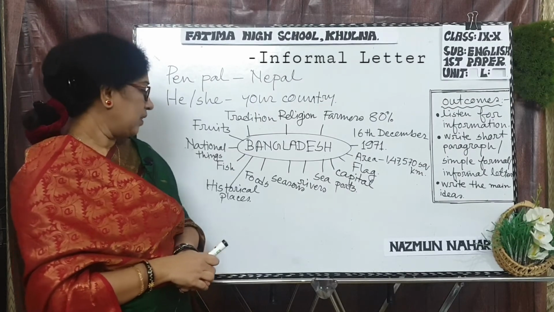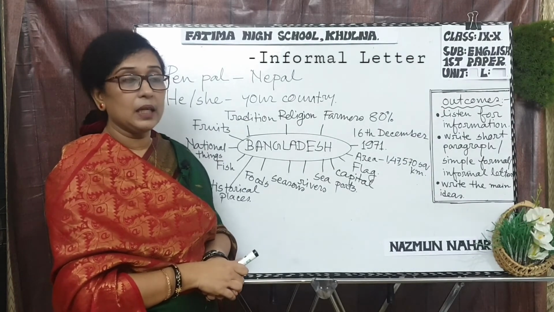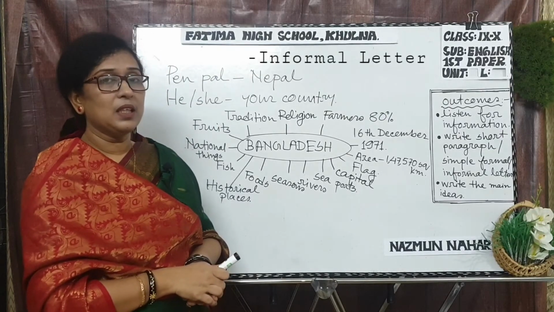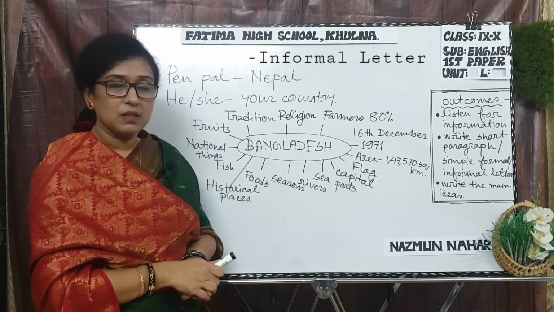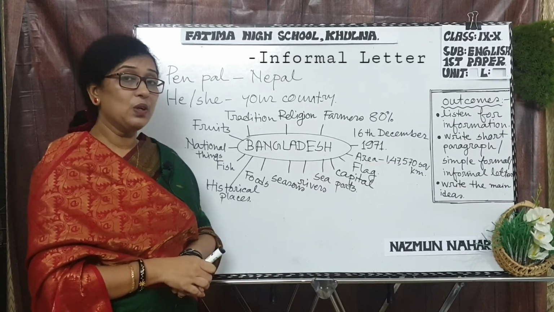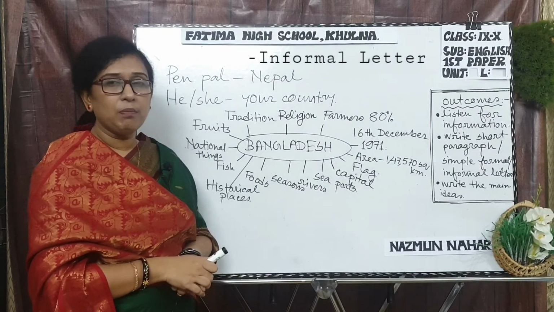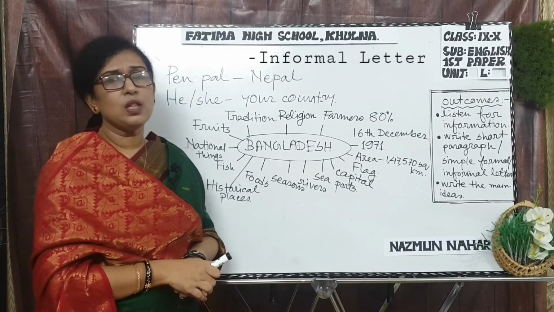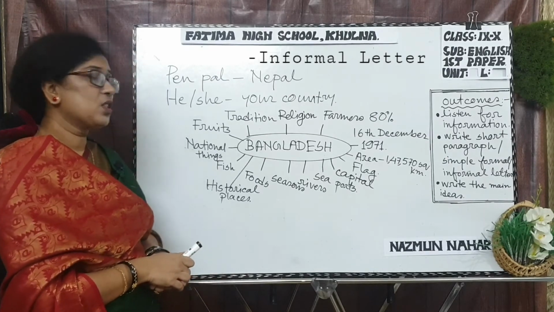Next number, there are many historical places like Ahsan Manzil, Lal Bagh Fort, Puri Bibir Mazar. Next number, you can also take him or her to Cox's Bazar, the largest sea beach in the world, and we also have a coral island. This is St. Martin, and the color of Bangladesh, the green color of the sea, will just amaze all the visitors, and they can also visit our country. So these are the facts of our country.